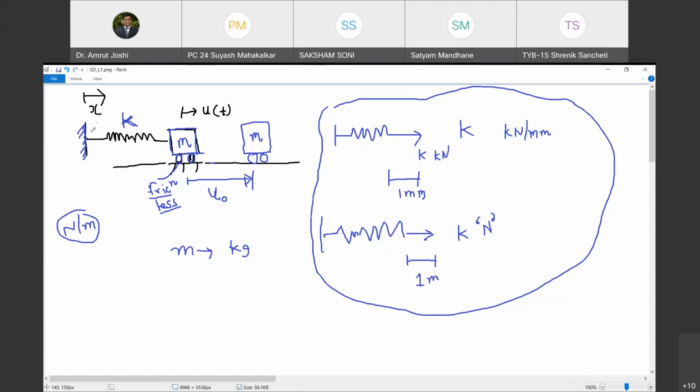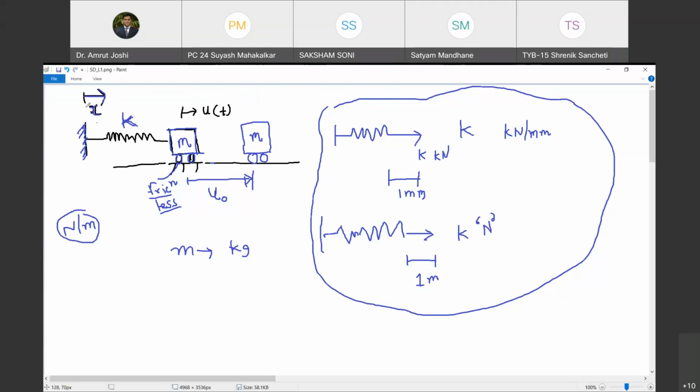Now what is the problem statement? In this one, I have defined my coordinate system in this fashion. As I know that the block is going to move along the horizontal direction, whether it is moving towards left or towards right, because I am going to apply all the forces on the block in the horizontal direction. Therefore, right now I am concerned with only one direction, and that direction I have called X. Are you with me? Yes, sir.